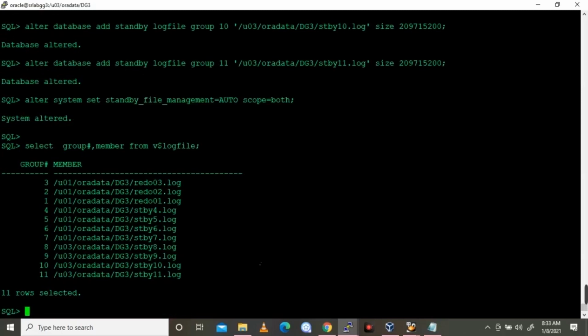So now it looks good. I have recreated the standby redo log on the standby side.